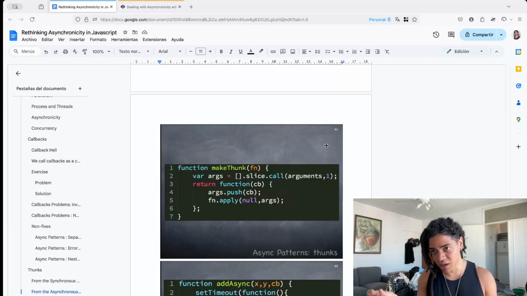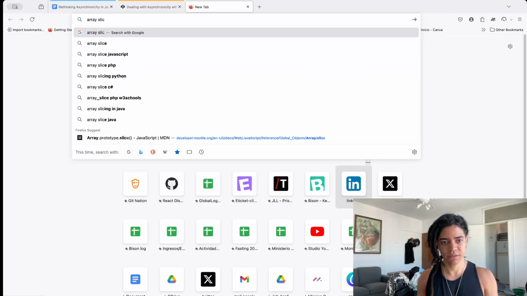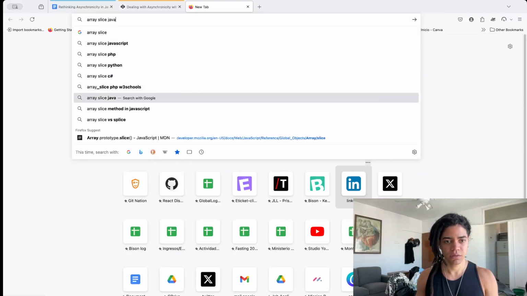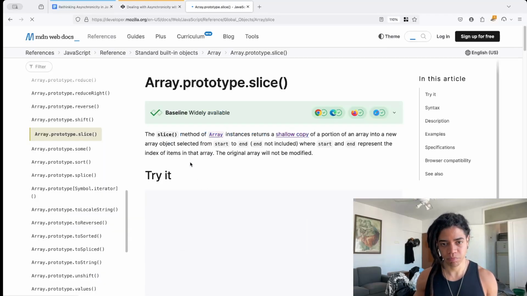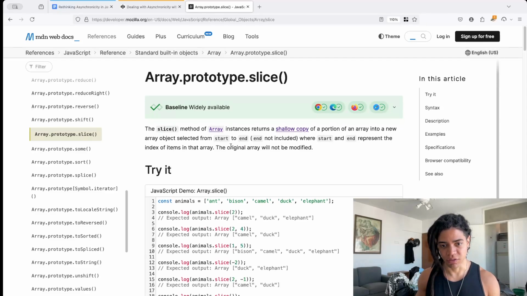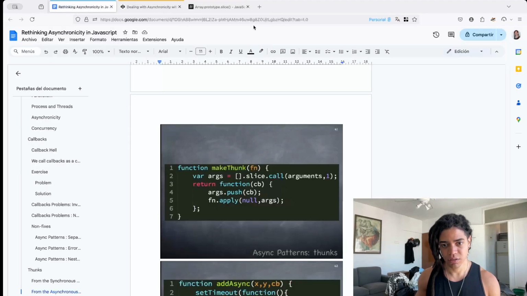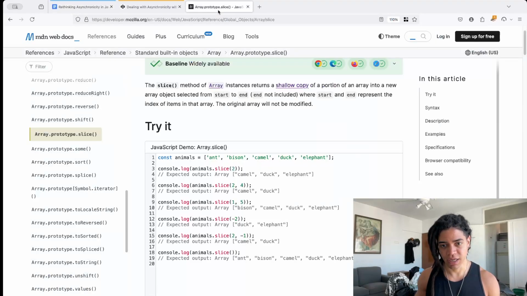this is a way of how you can create a record here, right? Because that's pretty much what we're doing here with this slice. Array slice, right? Because what you're doing is just returning a shallow copy of a portion of an array into a new array object selected from the start. So by doing slice here, you say, hey, slice.call